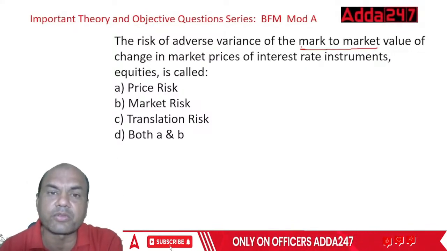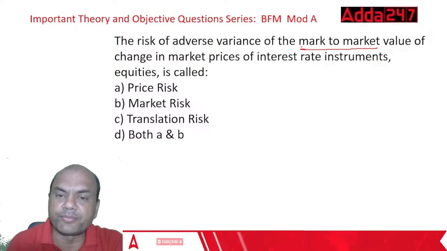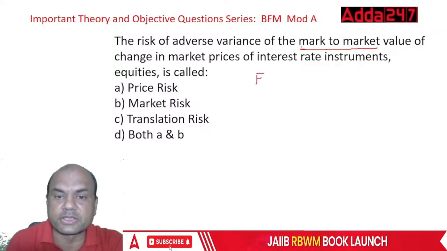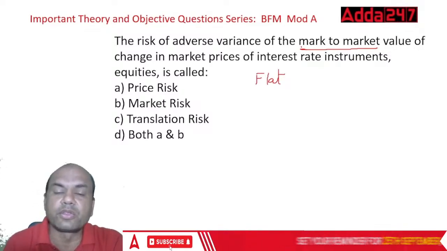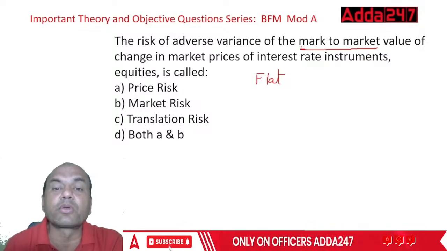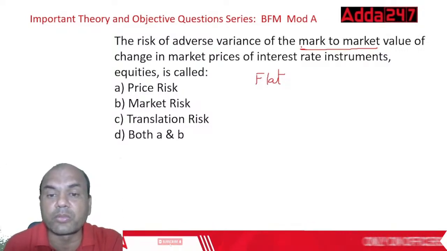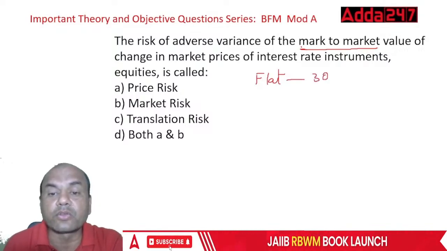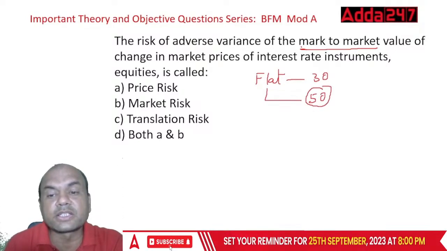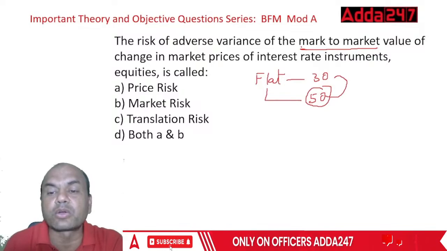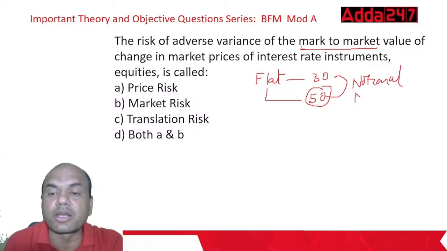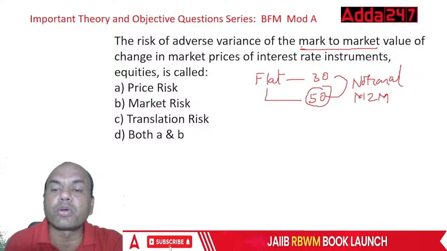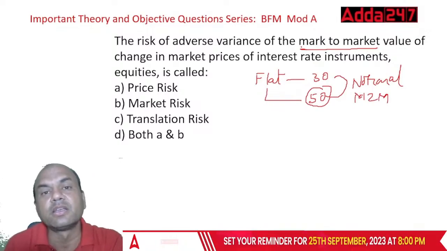Suppose you have bought a flat, for staying. Now you won't be selling this flat because you are staying in it. But you get the daily rates for this. There are certain brokers who come to you, saying sir, the flat you bought at, let's say, 30 lakhs is now worth around 50 lakhs. This difference is known as notional gain, or another name is mark to market, M to M. M to M means the rate at which I bought and the present value